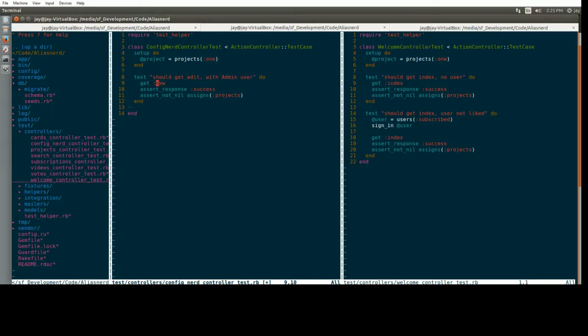All right, so we're going to want the response to be success, and we don't need it to do anything there. So this has to have an admin. So to test that it's actually an admin, we'll do 2 of these and say should not get